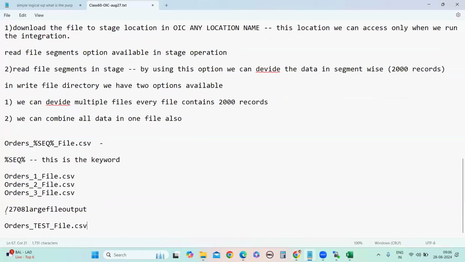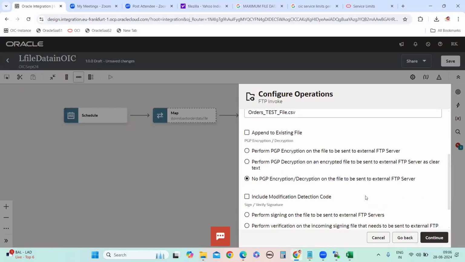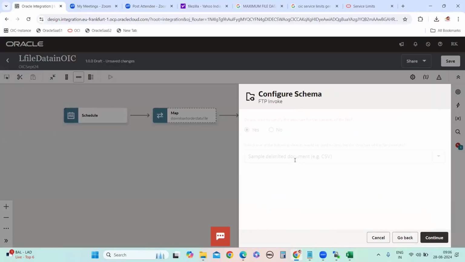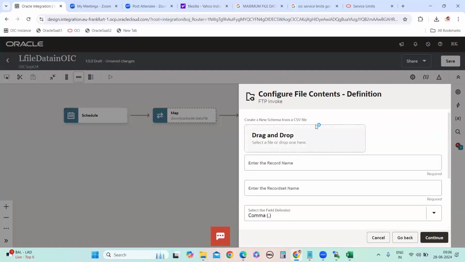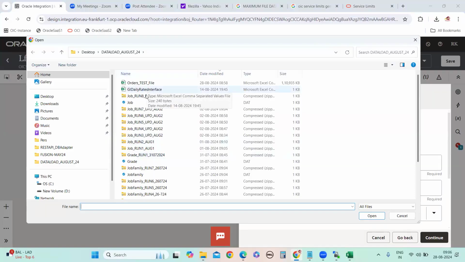You can maintain a sample daily admitted document like this, and mention the structure of the file.